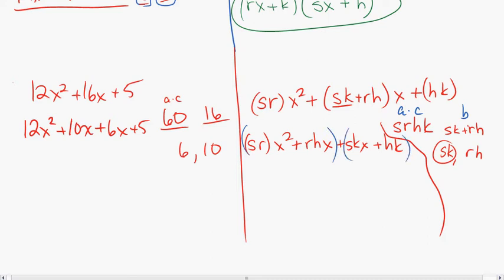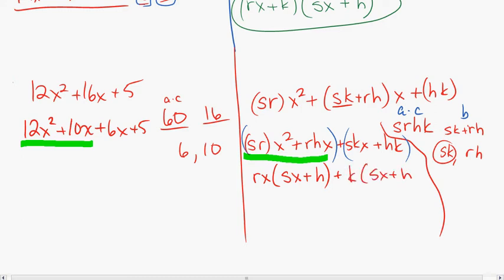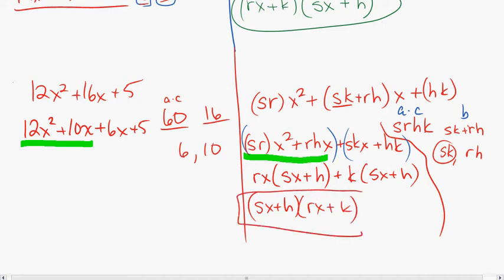Greatest common factor in the green, in the general case, is r times x. And I'm left with sx plus h. And in the second group, the greatest common factor is k, and I'm left with sx plus h. And so factoring out sx plus h, I'm left with rx in the first term, plus k in the second term. And again, that is the general form